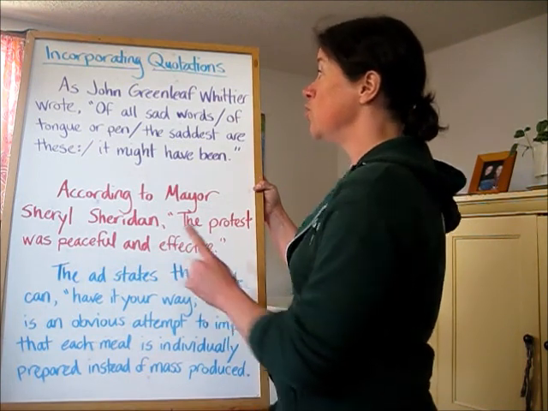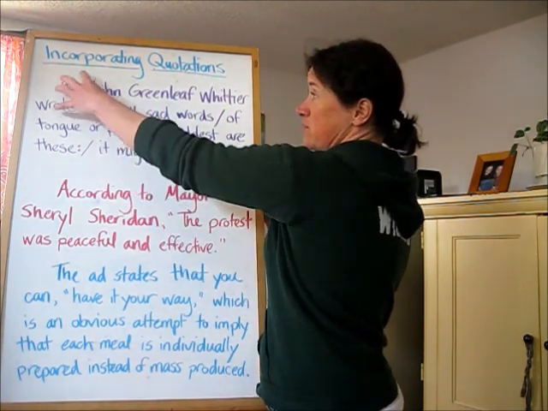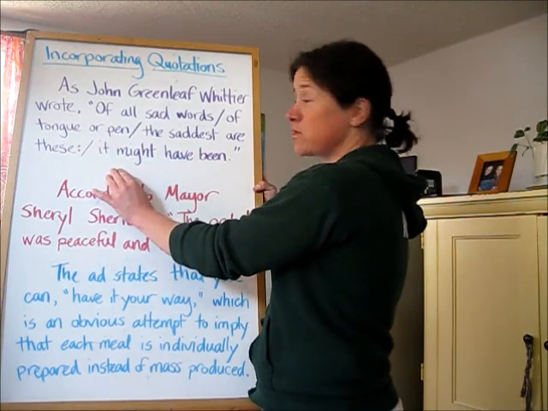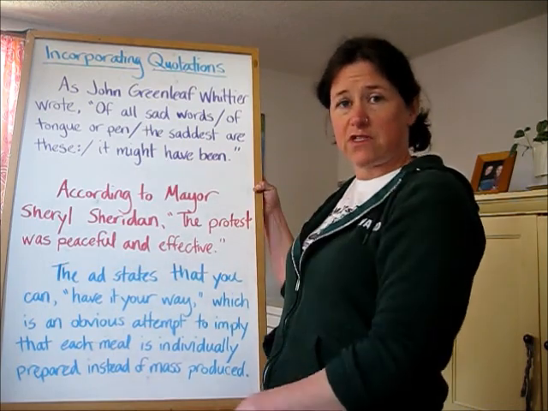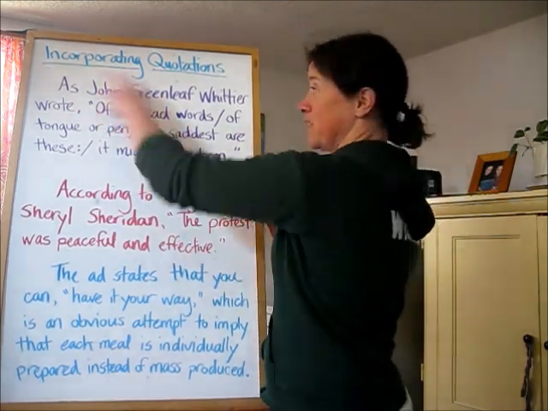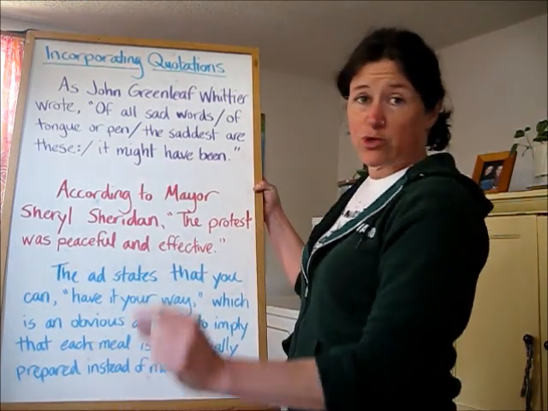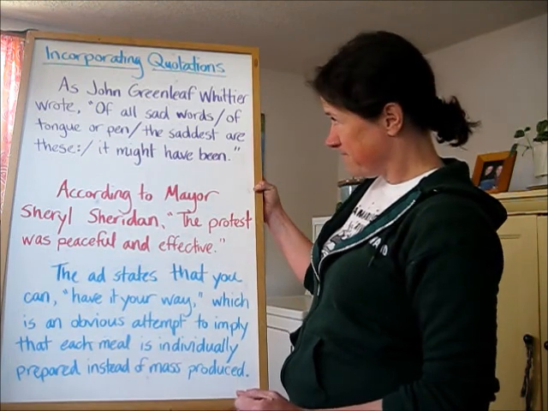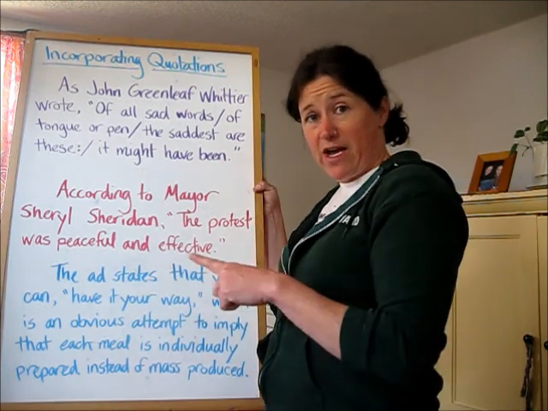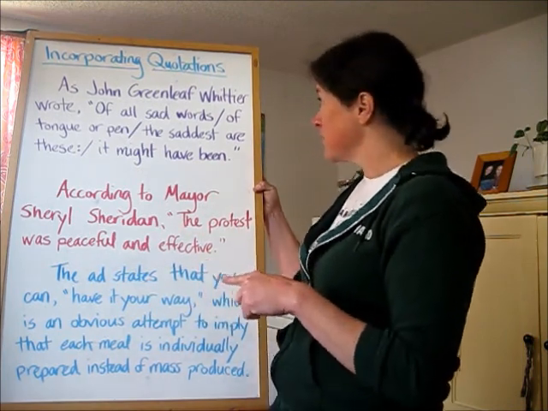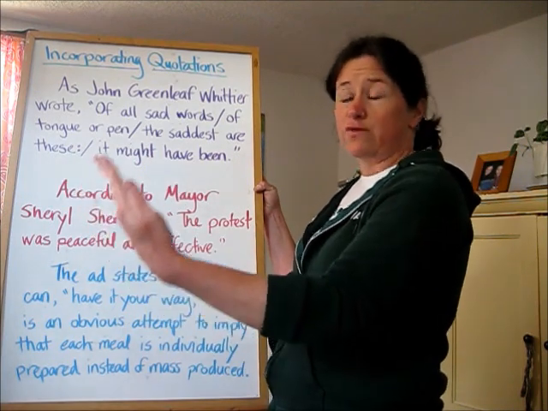When you provide the writer or the speaker in your sentence that is incorporating the quote, you won't always then need to have a page that cites resources that you've used. If you've identified the resource in your introduction, then you don't necessarily have to have a separate works cited entry for it. But when you are quoting from other work, you do generally need to keep track of those sources of where you're getting that information, and then you would, at the end of an essay, list all of your resources where